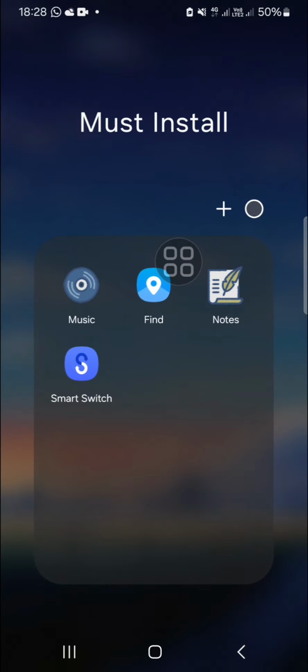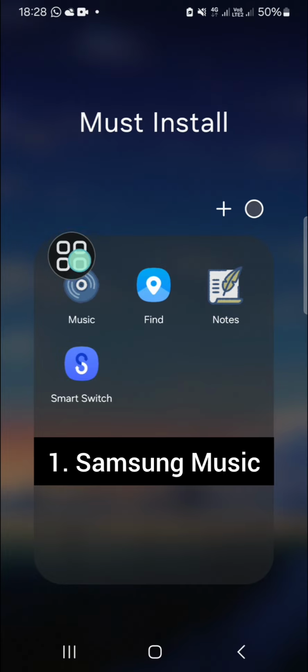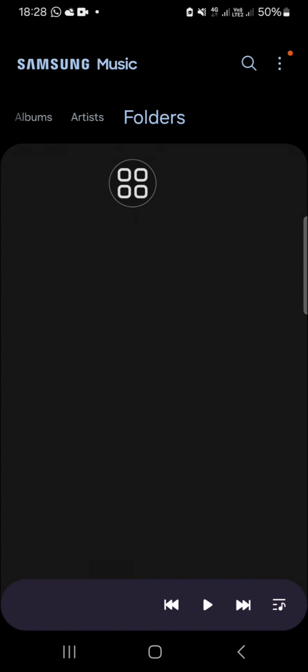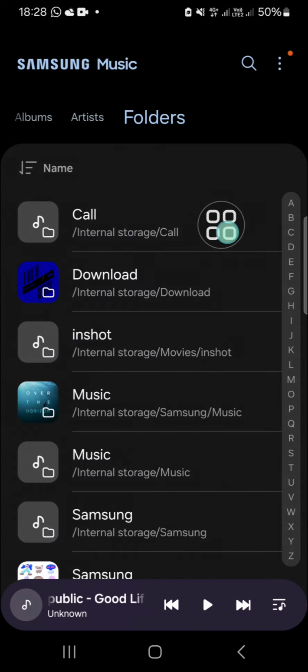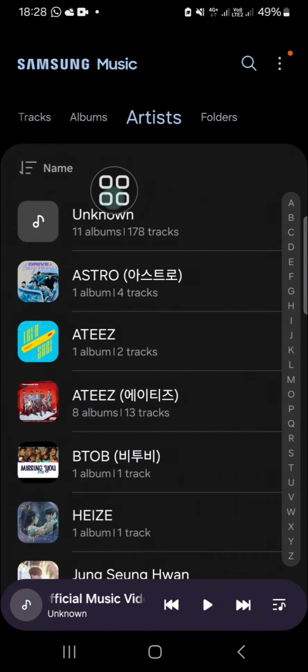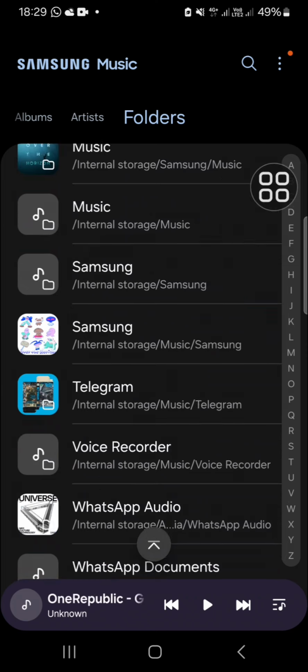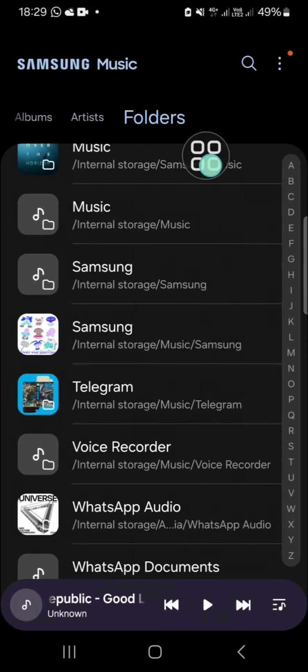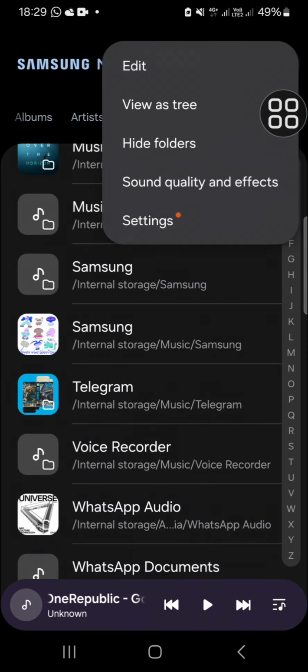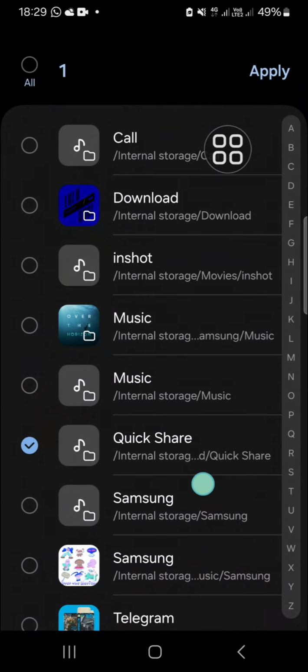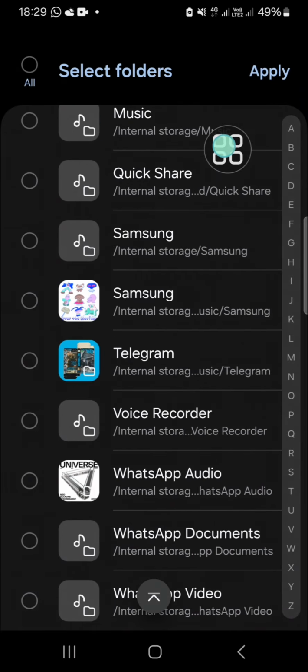And the second one, you have to install the Samsung Music. This is a music player in Samsung. You can use this application to play music or audio in your Samsung Galaxy phone, and you can also hide unwanted folders. Let's say you want to hide your voice recorder folder. If you want to hide a folder from your Samsung Music, you can click on these three dots and then click on hide folder, and you can choose the unwanted folder you want to hide from your Samsung